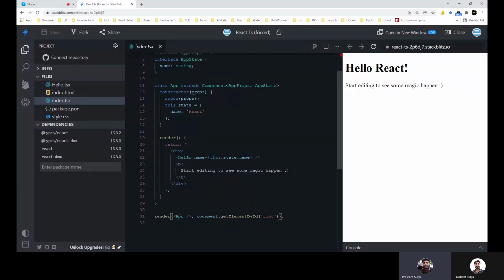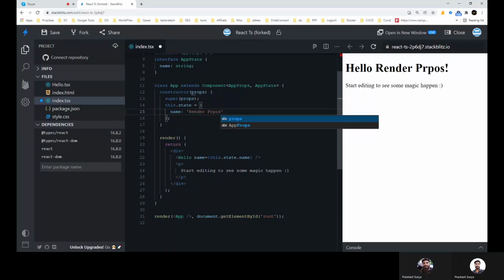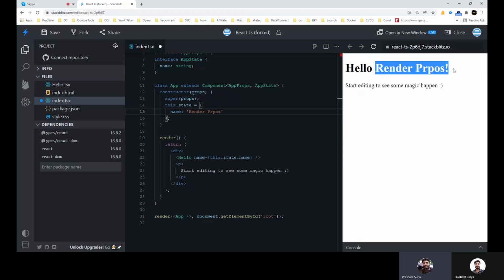So we will just create that. Basically we are using the render props technique to create that.